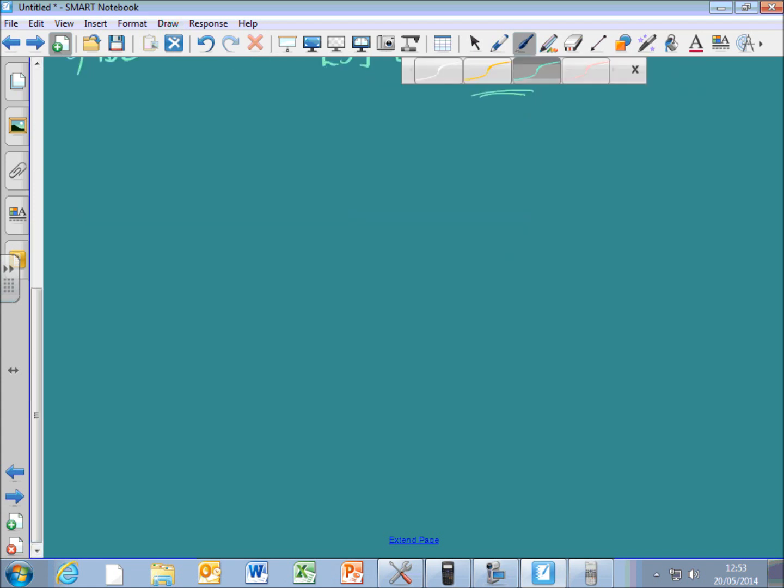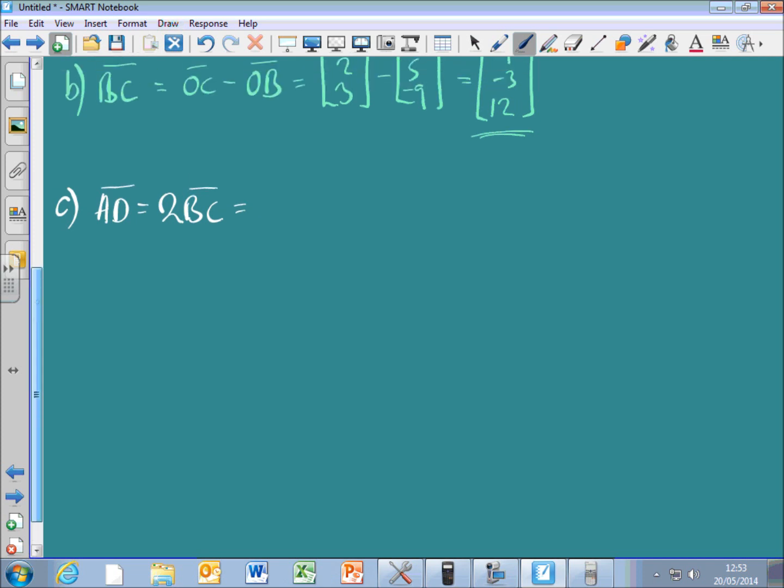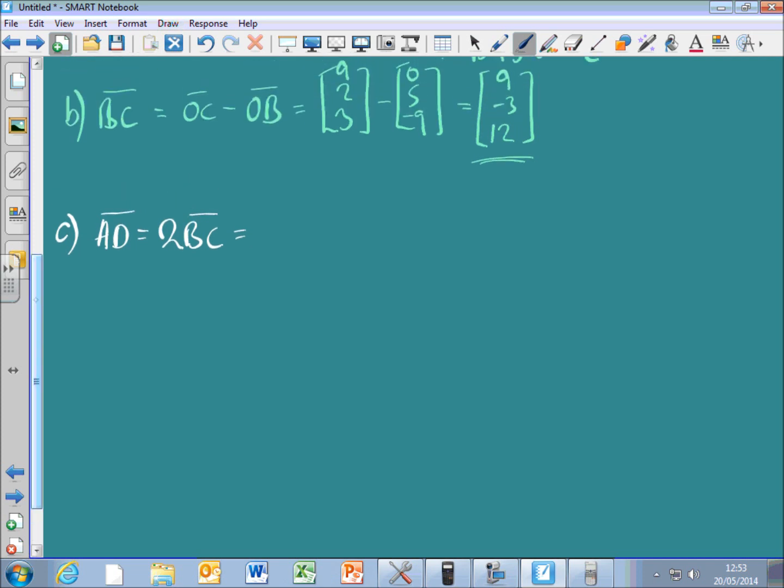Now, part C, we're told that A to D is equal to 2 lots of B to C. I've just found out what B to C is. It's (9, -3, 12), so 2 lots of that is going to be (18, -6, 24). Okay, now